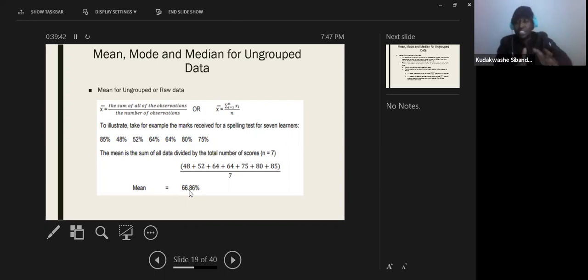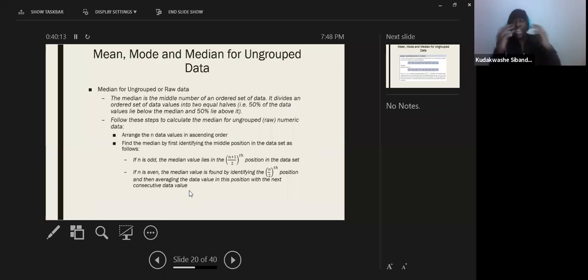So what does this mean? This value is saying roughly each and every student got 66.86. So you are now describing the whole data, but making use of one single value. That's the point of using what is called the measures of central tendency. So now you're just saying, based on the mean, roughly every student got